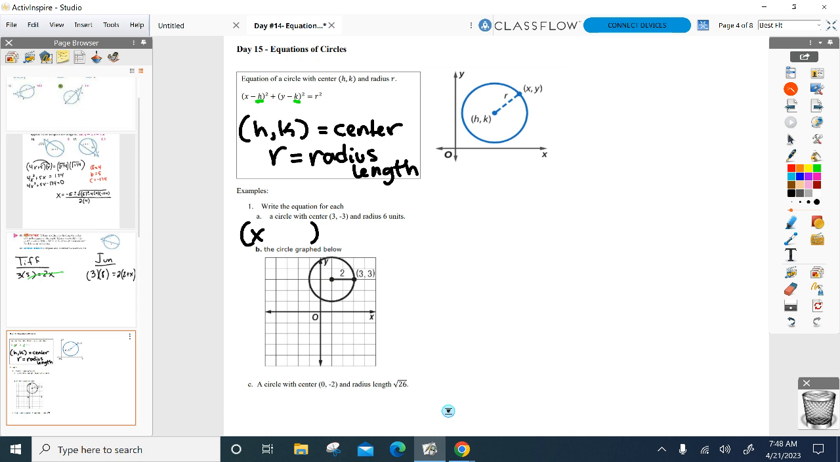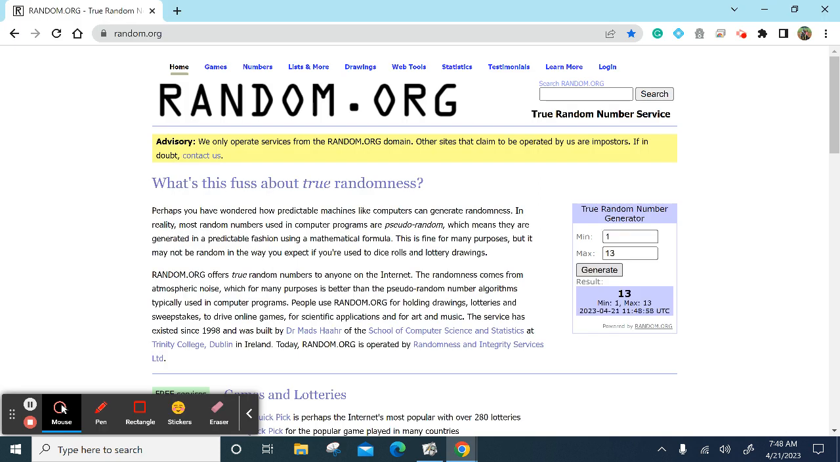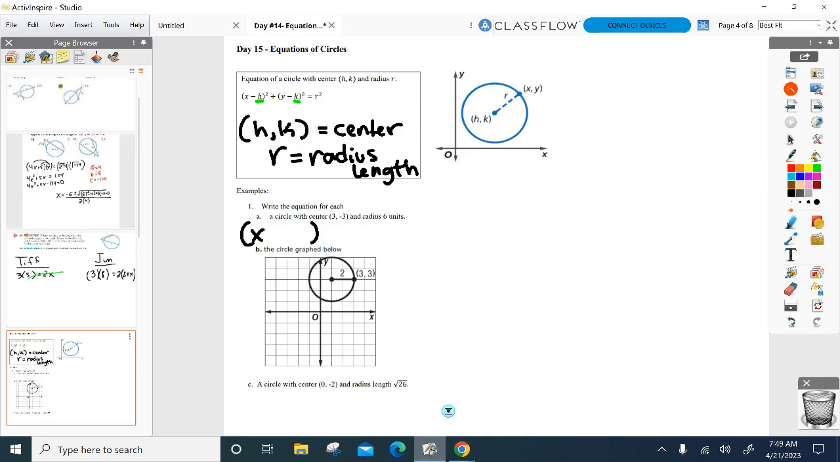So everyone look at the center they gave us. What's the x coordinate there? What's the x coordinate of the center? 3. So everyone ready? (x - h), so (x - 3)². I'm just following the equation. Plus,